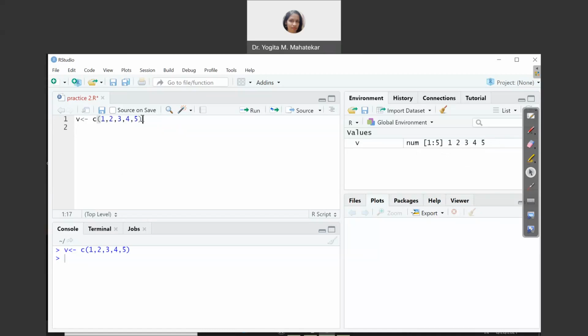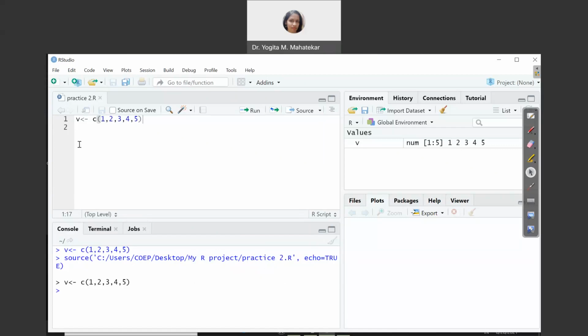Even if I go again in the source file and press source, that command will get executed, and this is the address of your source file. So it's from user COEP. On my desktop I have created this folder, my R project. Inside that you have this practice2.r file. So this is the address of your script file, and along with that it will get executed.